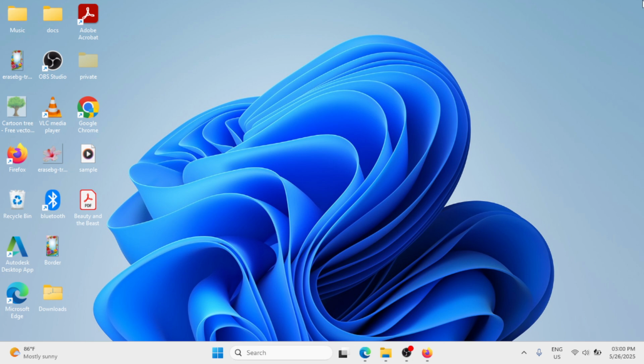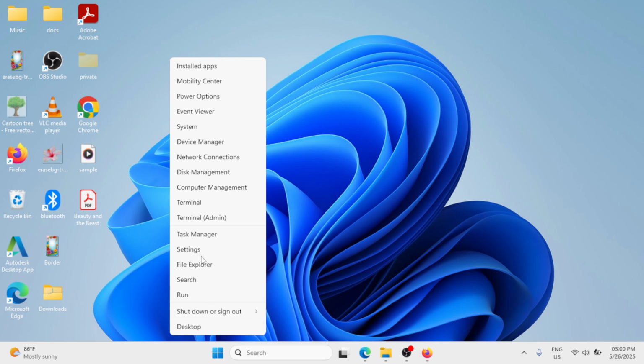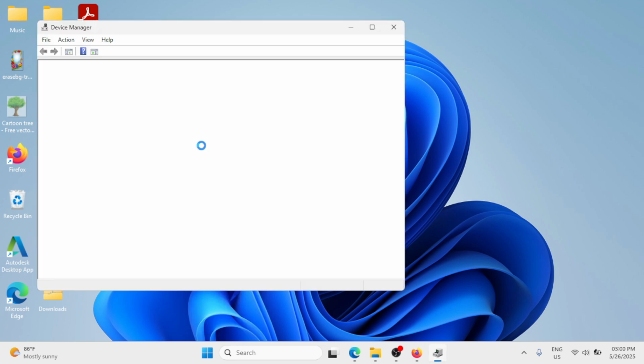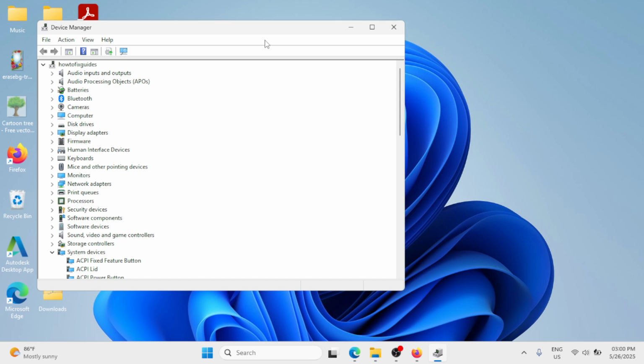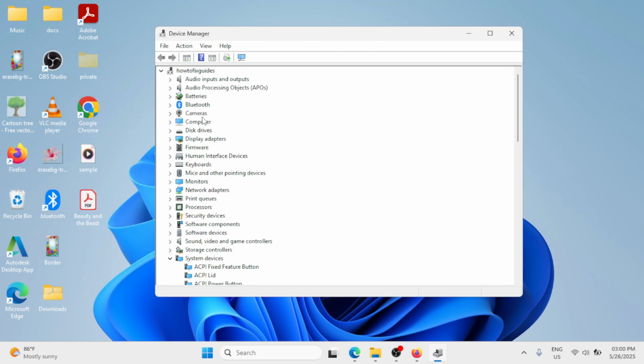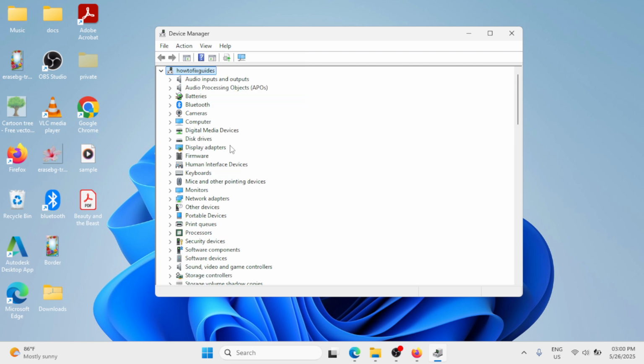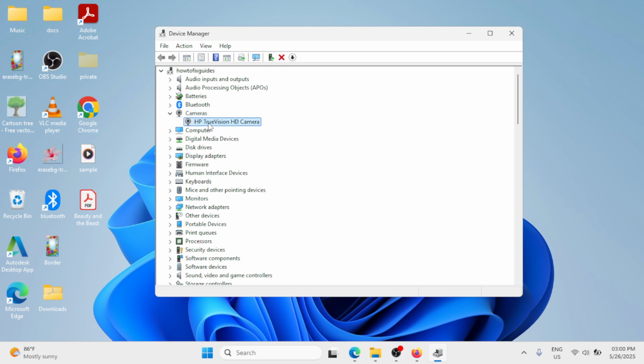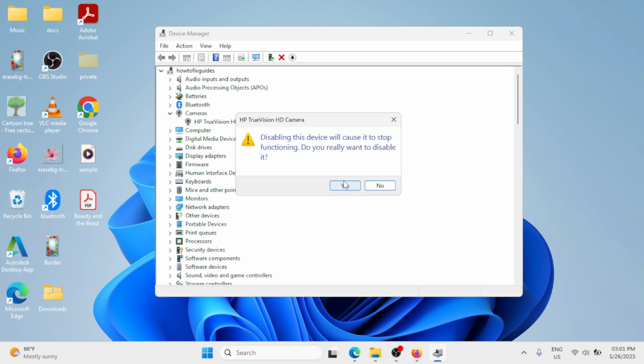And for the third method, we need to make a right click at the start button. And here we have to select device manager. Once you open the device manager window, if you cannot find your camera or camera driver, click on your username and click on view and click on show hidden devices, or click on action and click on scan for hardware changes. Until you can find your cameras, click on the arrow to expand the list. Then you have to locate your camera driver, make a right click, select disable device, click on yes,